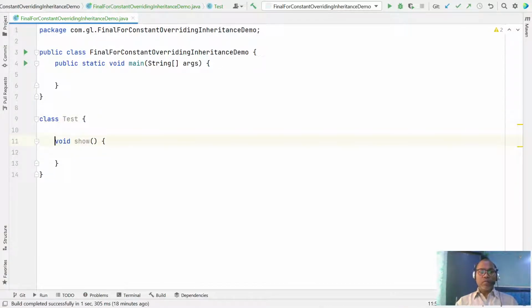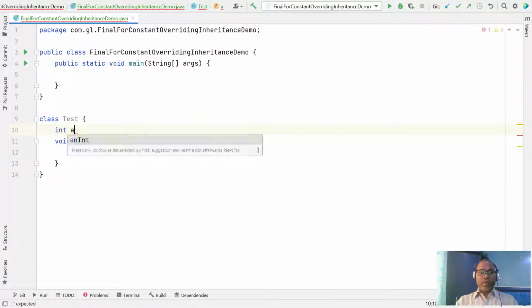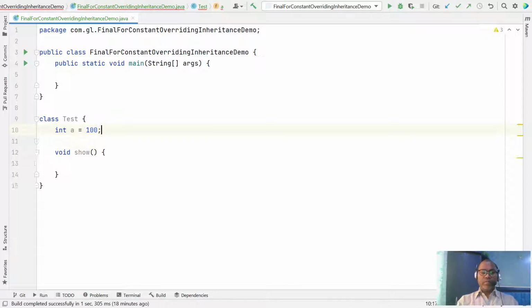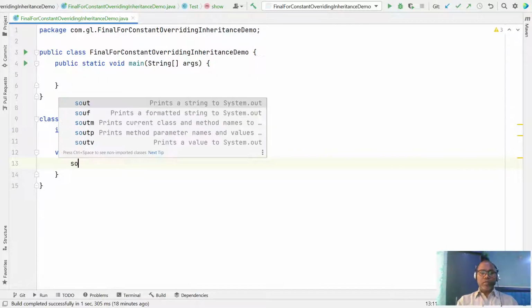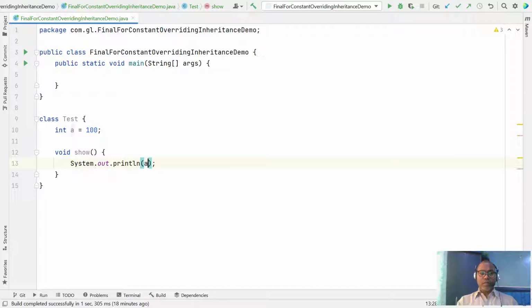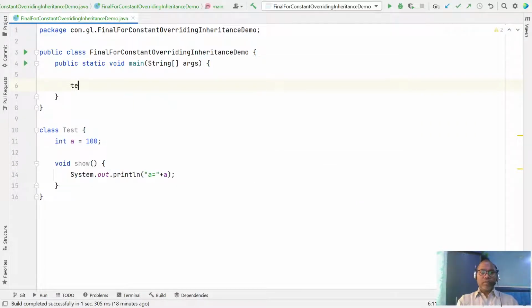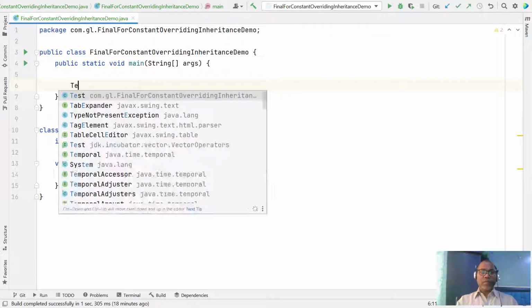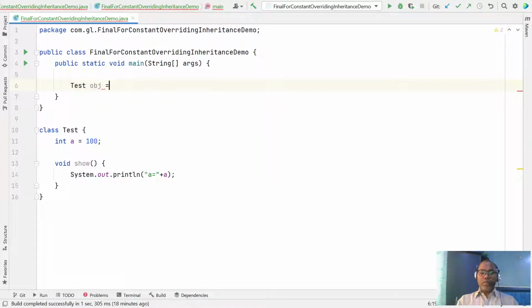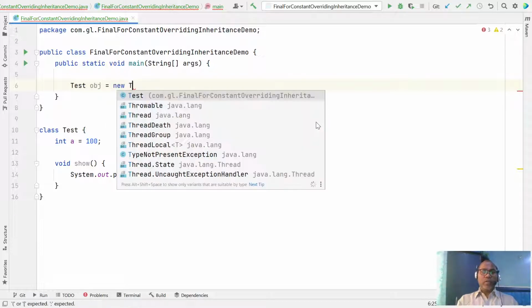Here you can define any variable like int a = 100. Then you can print a. Let's say we have created the object of Test, Test object = new Test().